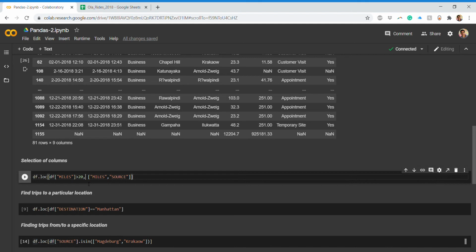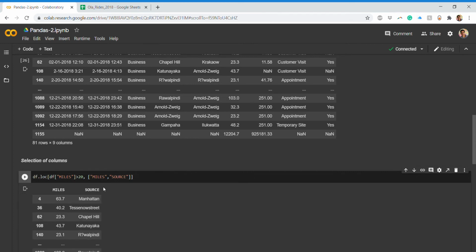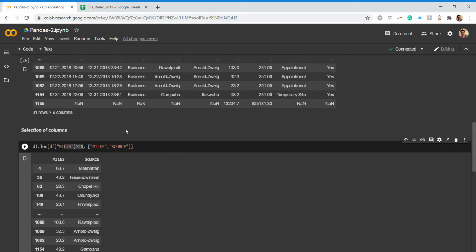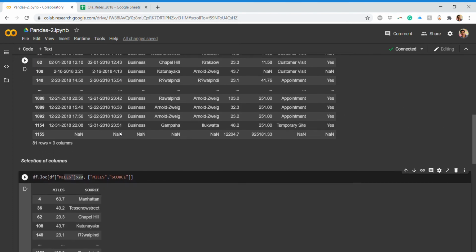If you have multiple, it will be put in a list. Even if it is single, you will put it in a list, because everything is considered a data frame. So it will pull out all the results satisfying this particular condition, that is greater than 20, including miles as well as the source. That was the same thing we have discussed before.